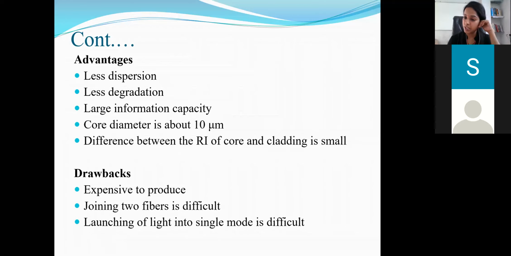If you want to join, in wired communication, you must use some joints from transmitter to coupler, then from coupler to cable, and then from cable to receiver. So you will have to make joints at three places. If you are joining these types of fibers, it is very difficult to minimize the losses. How are you going to join it?